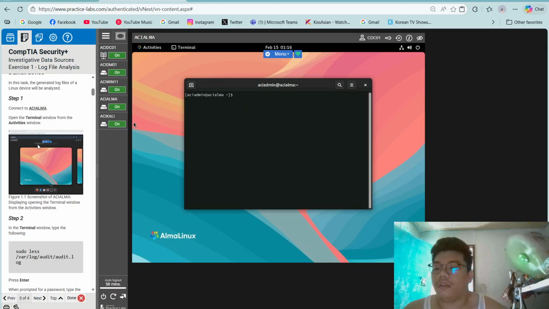Once you have connected, open the terminal window from the activities window.